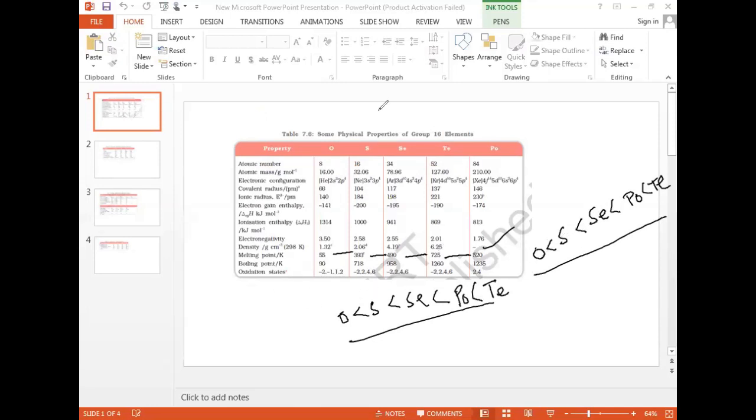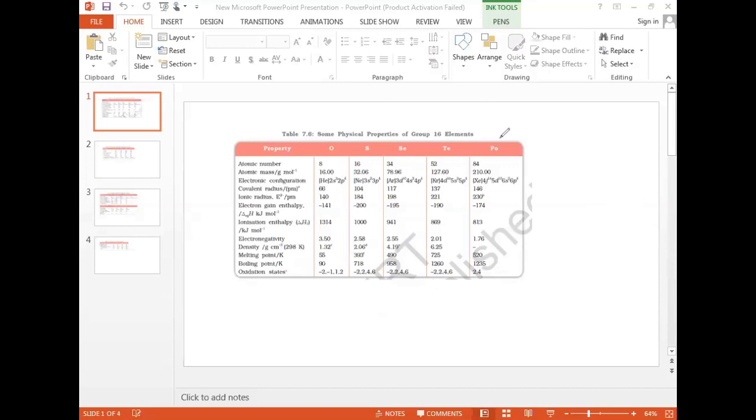Now come to the oxidation states. The general electronic configuration we can write is ns2 np4. Either it can lose all 6 electrons, at that time we can see the +6 oxidation state, and we can see the -4 oxidation state. Then we can see the +4 oxidation state. Like this, for oxygen also we can see the -2 oxidation state. Generally the variable oxidation state is shown by p block elements, right?